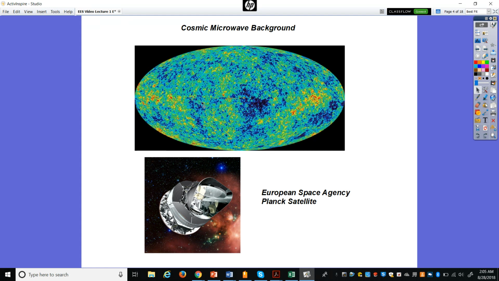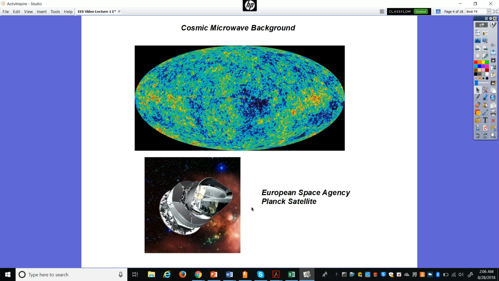You might wonder how we did that. The data was acquired through a satellite sent out by the European Space Agency, the Planck satellite. It has done a myriad of different readings and photographs as it's moved through space, and this image just came about in 2013.